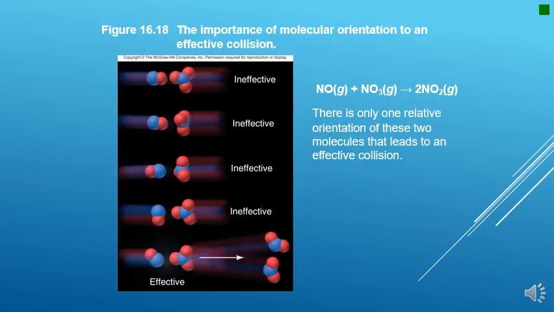Next, we're going to focus on the molecular orientation to produce an effective collision. So you can see a diagram here with a number of different collisions that are taking place. Most of them are ineffective collisions, and only one of them is an effective collision. So the first thing I wanted to do was just quickly draw a Lewis structure for each of